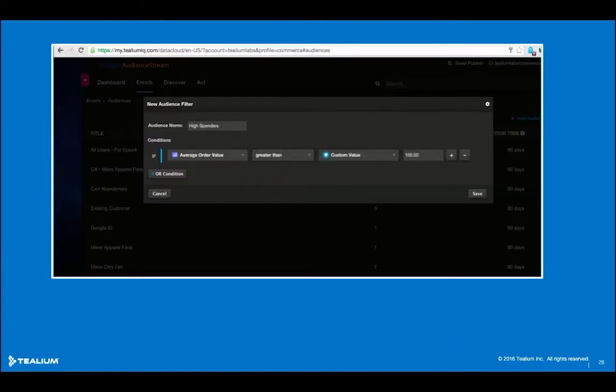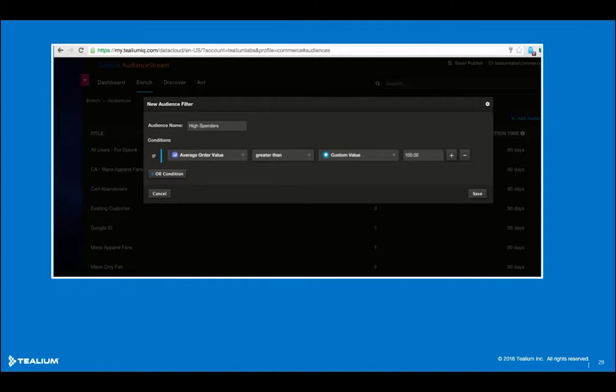Now for your sake and mine, I've kept the audience that we're building very simple. What I've done, as I said in the previous slide, is group these attributes together to give this rolling metric for your business. So I've named this audience high spenders, so that any visiting customer automatically joins the audience if they have an average order value of over 100.